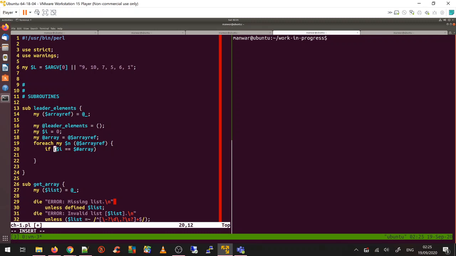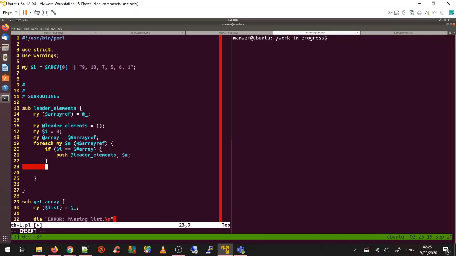So if we reach the last element, the last element is always going to be the leader element. So I'm going to say push leader elements. If you are not the last element, then I'll do something,